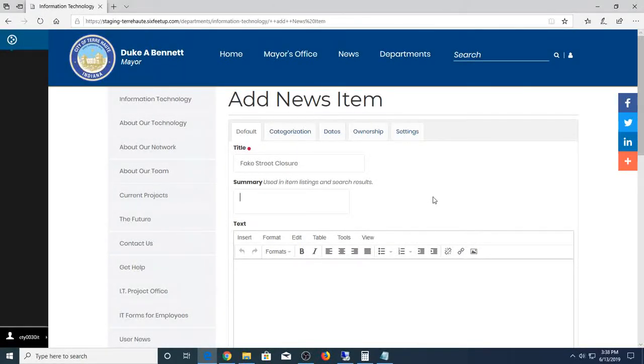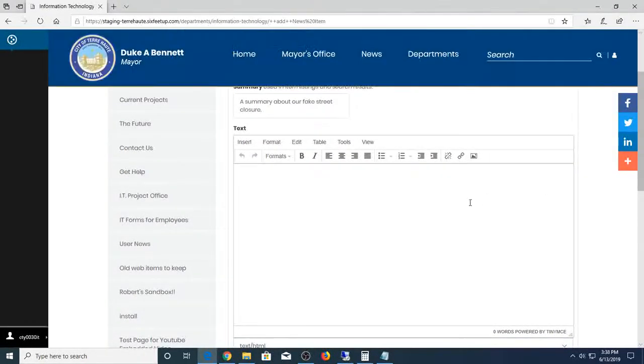So I'm just going to type in a summary about our street closure, and here I'm just going to type in street A will be closed tomorrow. Obviously you don't want to put the details in there,